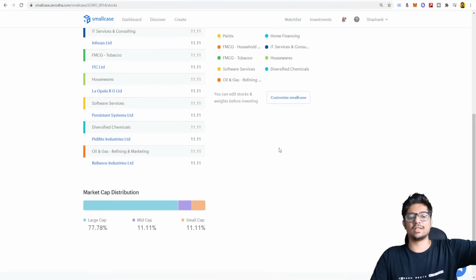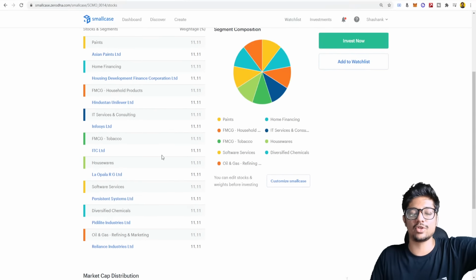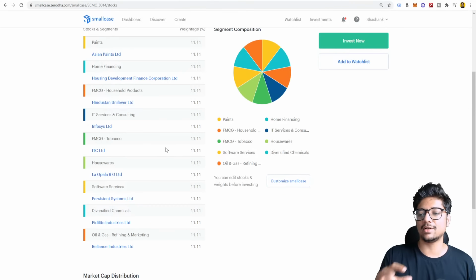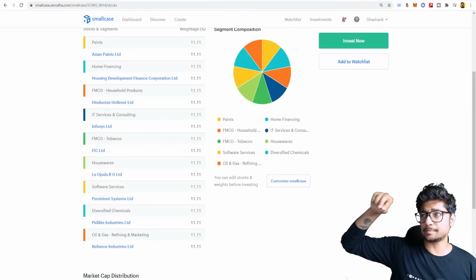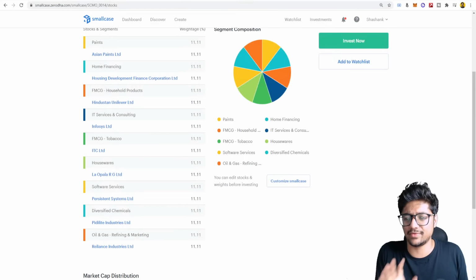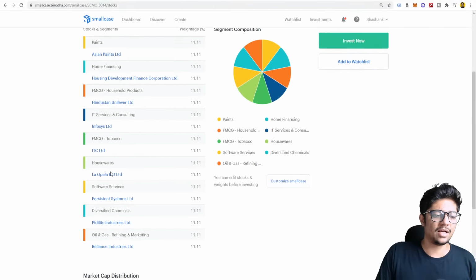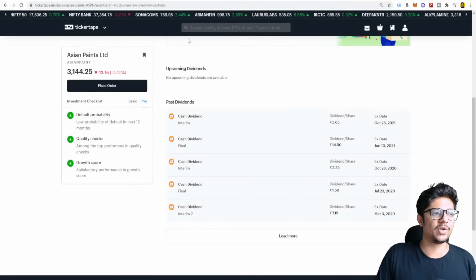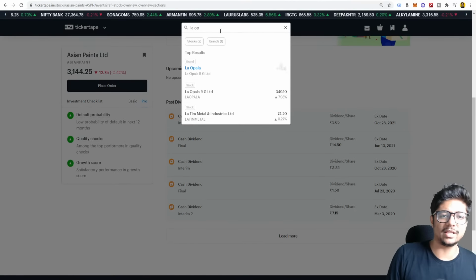So see, this is such a safe kind of a bet. I mean, if you just look at the stocks here, you will see that these are all safe. Might give you a slight upward movement as well, but this also is quite safe. So this is not bad at all. So I like this. Only La Opala I don't know because I have not done my research on La Opala, but only La Opala feels a bit off.